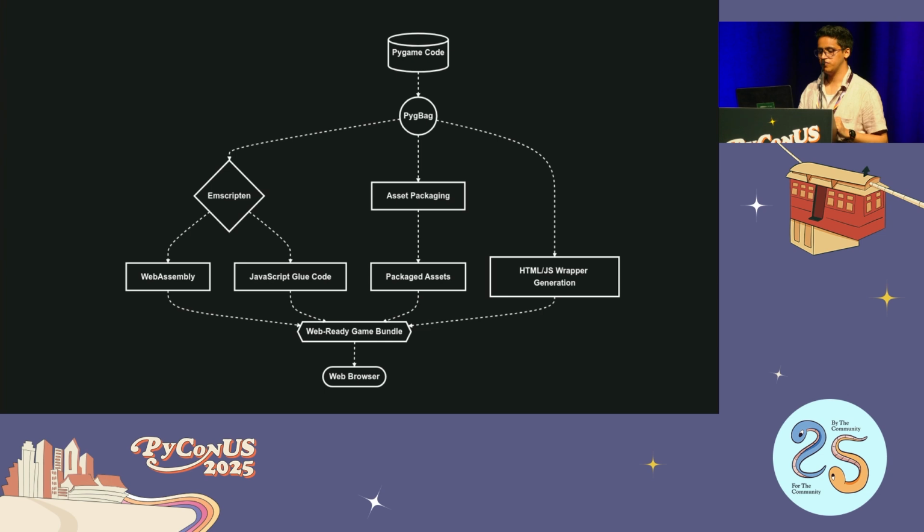And the last thing, before we see the actual snake game code which we're working on, is how Pygbag works. Similarly, it starts with the Pygame code you've written, and then Pygbag is a package manager, so it directly takes your code and makes use of Emscripten, a toolchain which we use to convert your code to WebAssembly. Once you have converted this code, you can run it directly in the browser, but it can also help you talk to your JavaScript, so that maybe you want to work with some DOM manipulation functions. You can directly glue those with the JavaScript code. You can also call in those packages